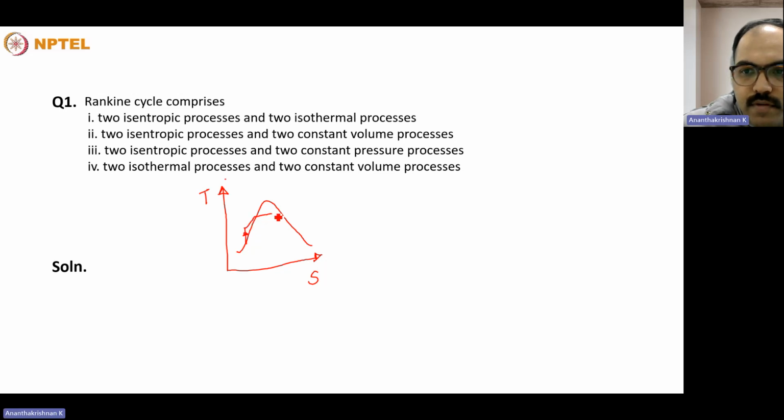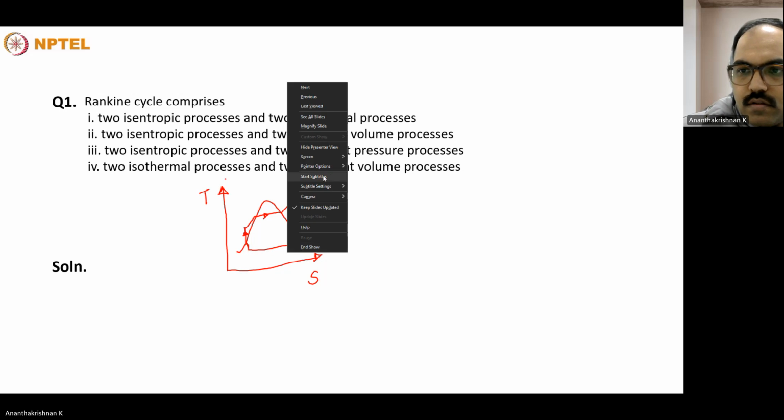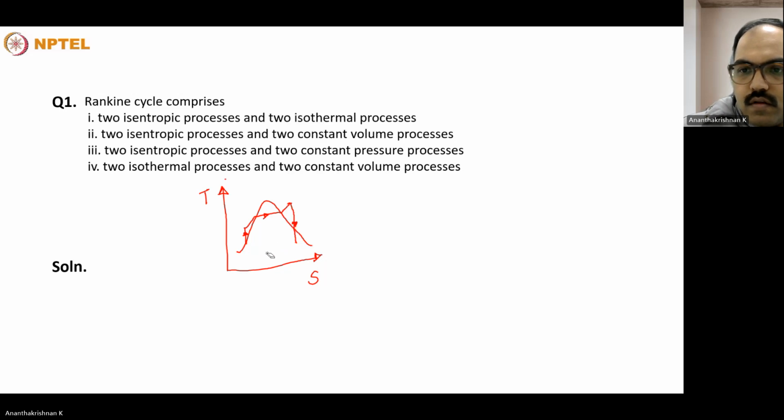Then there will be constant pressure heat addition in the boiler, followed by isentropic work output in the turbine, followed by constant pressure